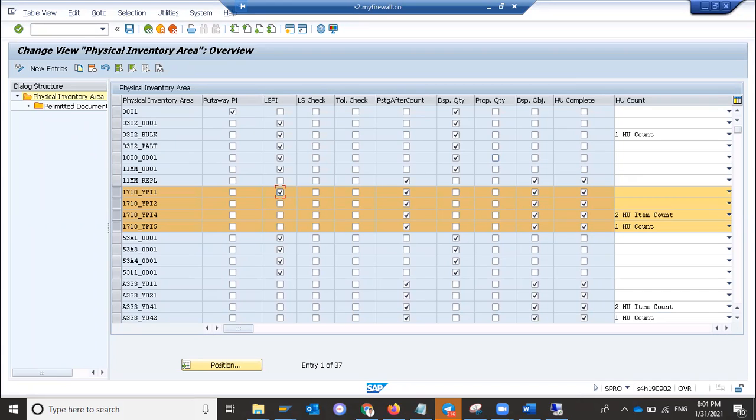Ad hoc means unplanned. CC stands for cycle counting. So for unplanned counts, we cannot decide the frequency. Frequency is only decided by cycle counting, based on the ABC analysis. We know in CC we have got ABC analysis. So based on the ABC analysis, we are doing the planned physical inventory count.